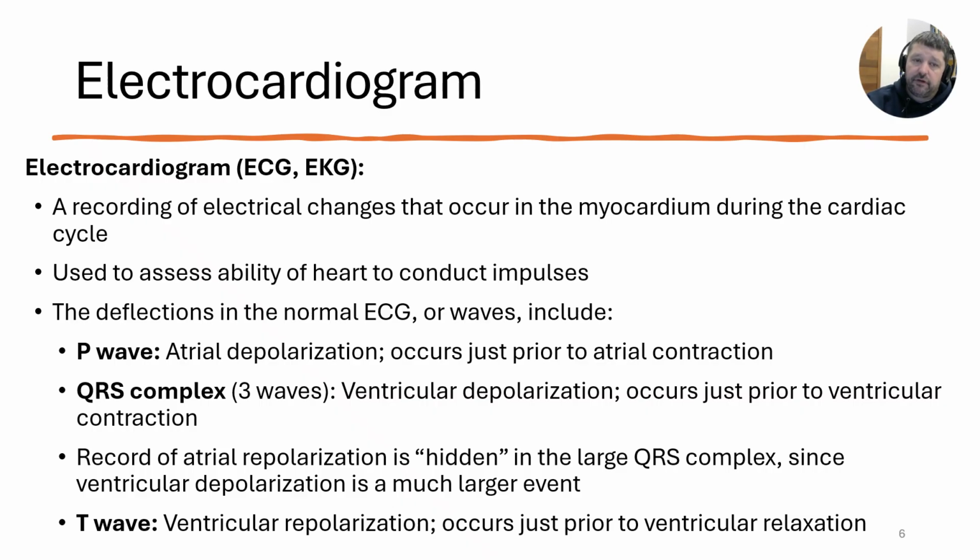So the P wave is the atrial depolarization. Okay, so if you see a P wave on an electrocardiogram, right after that P wave starts, you'll start to have atrial contraction. Okay, the QRS complex, you've got three waves. You're going to have ventricular depolarization. You're going to have atrial repolarization, but it's hidden in the QRS complex. And then after the QRS complex, or after that ventricular depolarization, you're going to have a T wave,